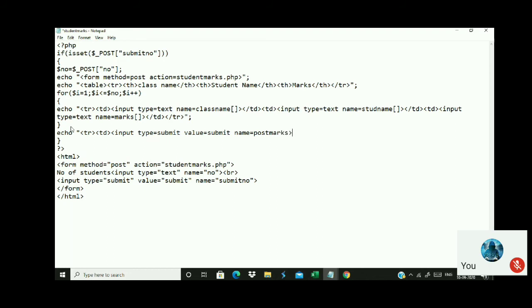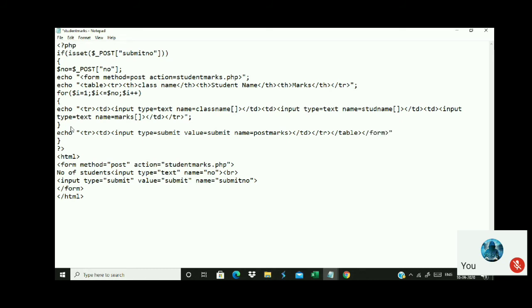So the name of this submit button is called post marks here. So I close the td and I close the tr here, and finally I close the table, because the table starts here and is inside the form, and finally I have to close the form also.